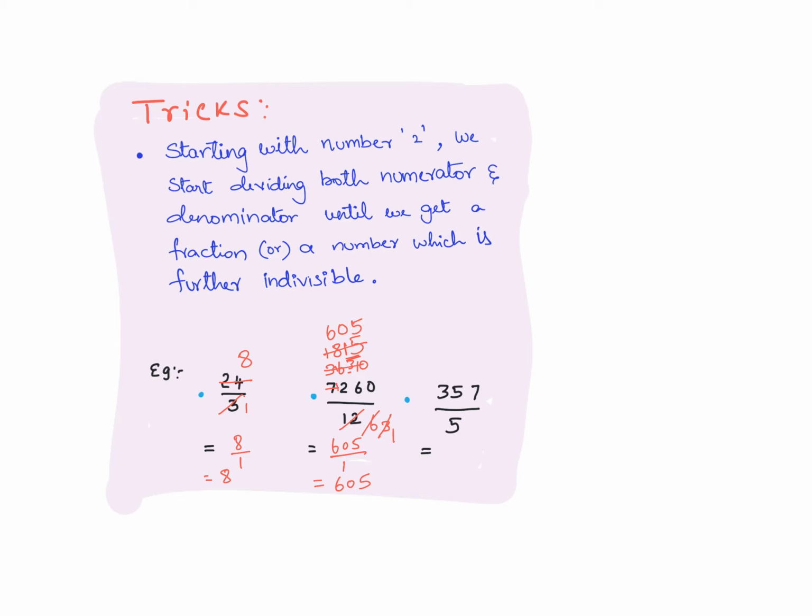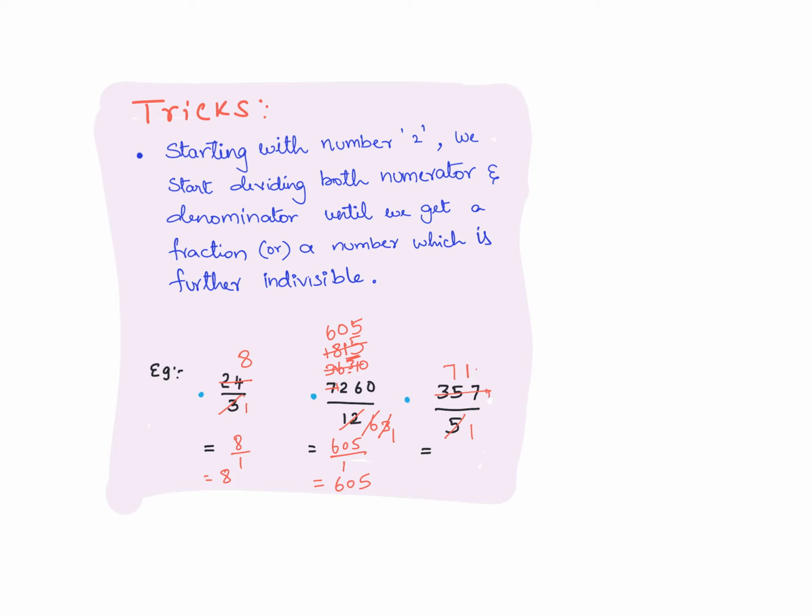357 divided by 5. So the numerator is 357, denominator is 5. So how can we solve this? In two table is it not possible? Three tables also not possible. Next four table also not possible. Then five table it's possible. Next the five tables, if you see here, 5 ones are here, 5 sevens are 35. 5 ones are 5,